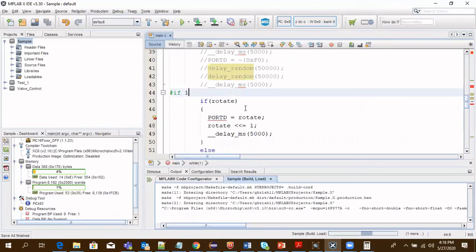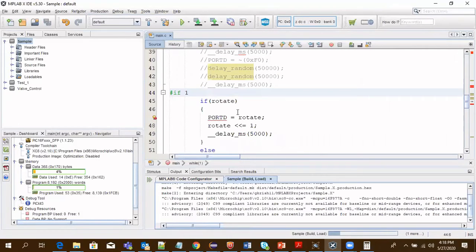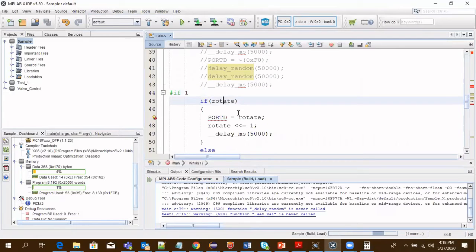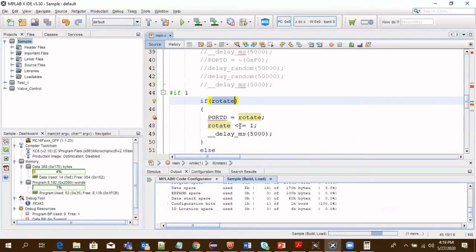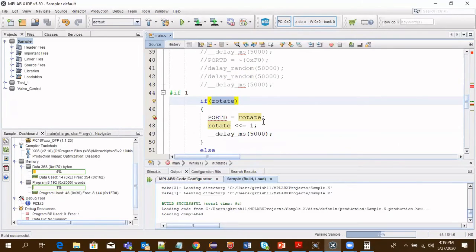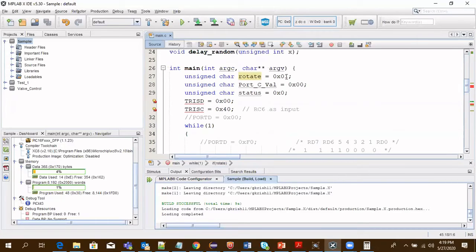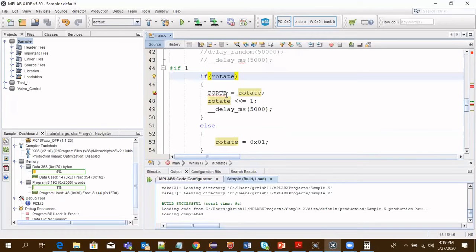I've used a temporary variable, rotate, which is used with a left shift operator. The first time, I'm assigning a value of 0x01 to the rotate variable. This is written into port D, and rotate is shifted left by 1.